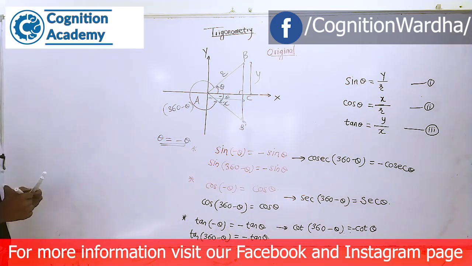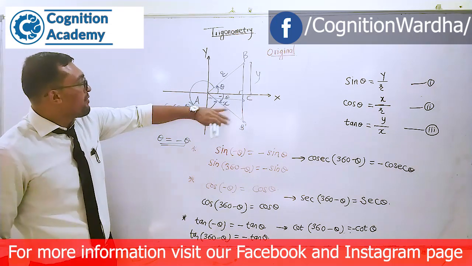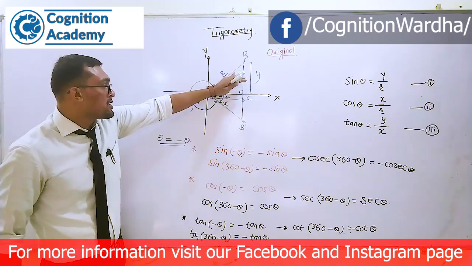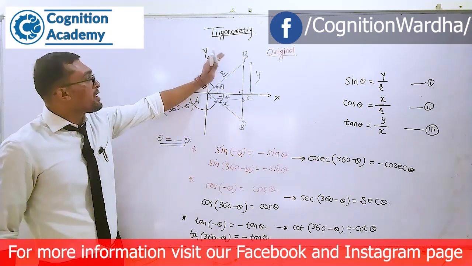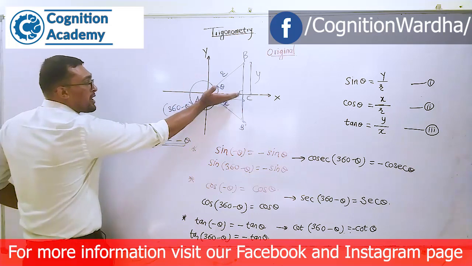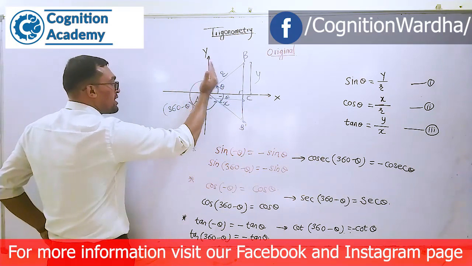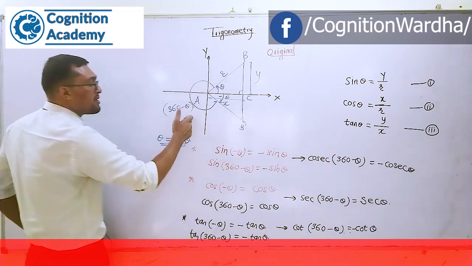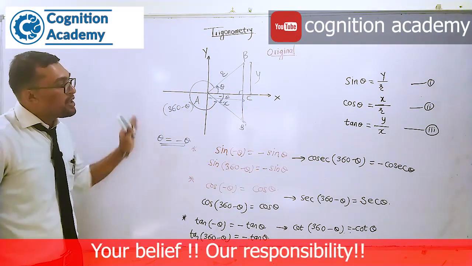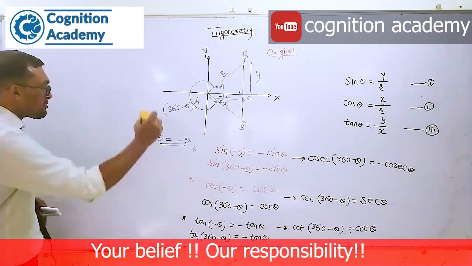Now we have seen all the different positions of rotation. If we rotate in the first quadrant with x along the positive direction, if we rotate it 90 degrees and then in the reverse direction, that is 90 minus theta. If we rotate it beyond 90 degrees, that is 90 plus theta, or 90 minus theta, 180 minus theta, 360 minus theta. We have seen all different positions. Now let us tabulate all these relations in one single table.